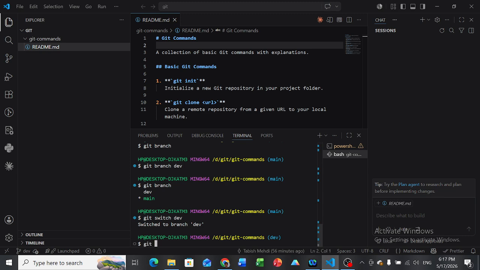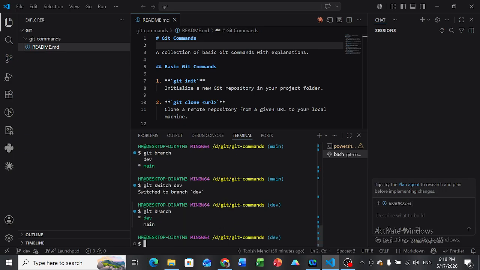We can check also with git branch. Now this asterisk sign is pointing to dev. Now whatever code we write will point only to the dev branch, and whatever changes we make and push will go into the dev branch, not